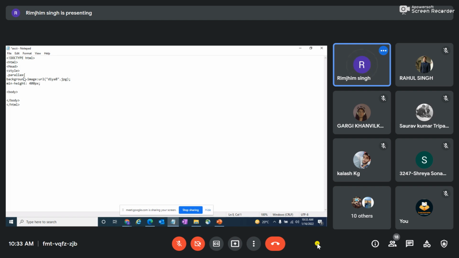And then background attachment, and I want to pass the value as fixed.